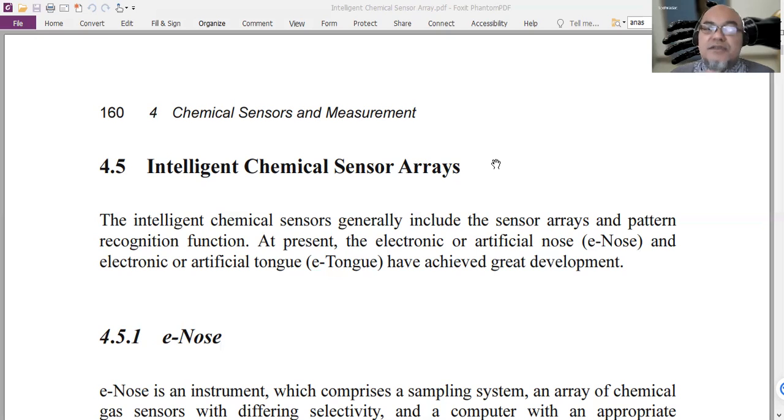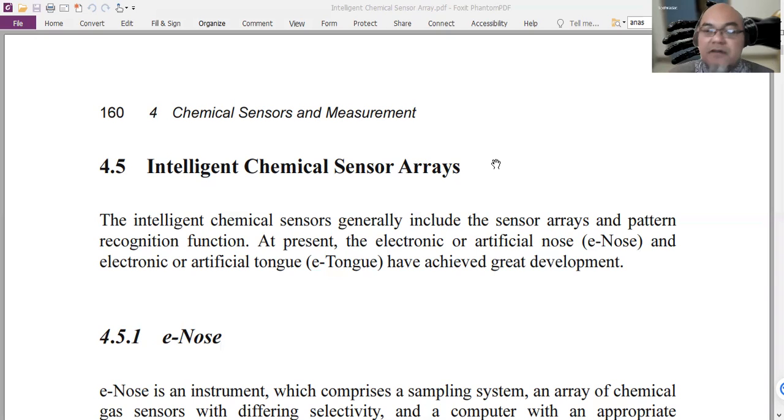The only solution is to use an intelligent chemical sensor array. We have an array of sensors which do not need to be selective to specific species. They can be selective, but not with very high selectivity. It's okay. As an array, as a group, we can recognize the pattern coming from the gas. And this is basically